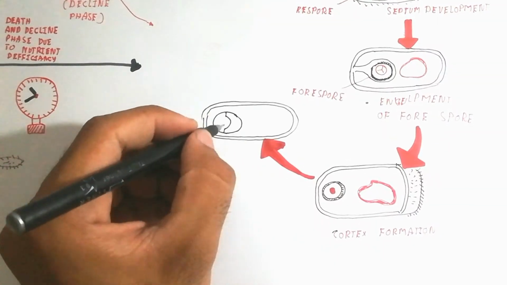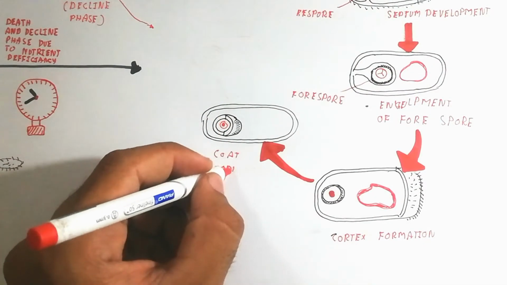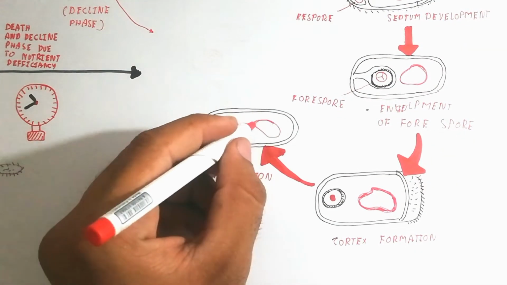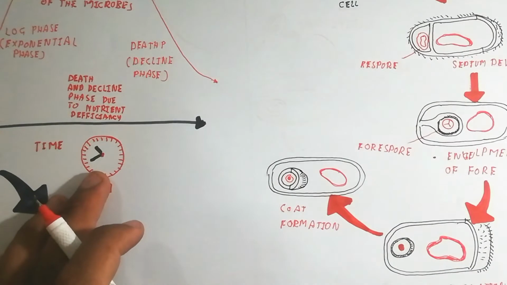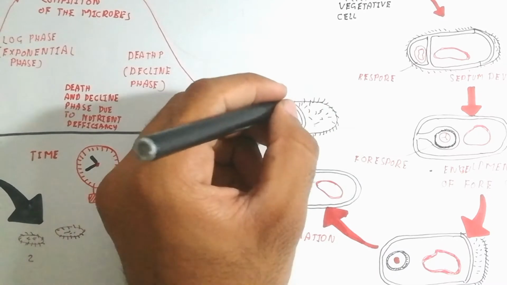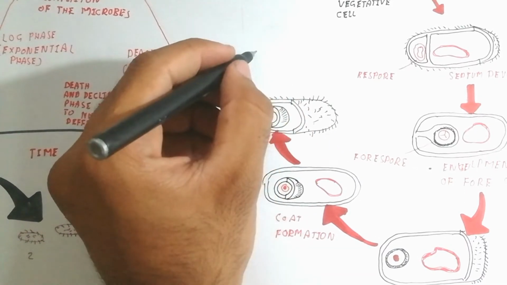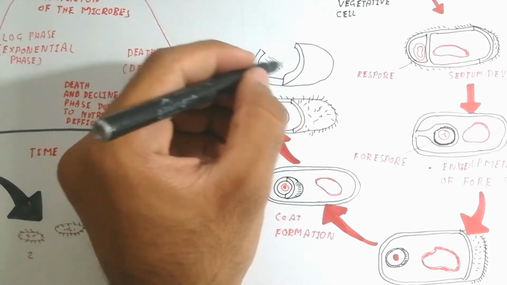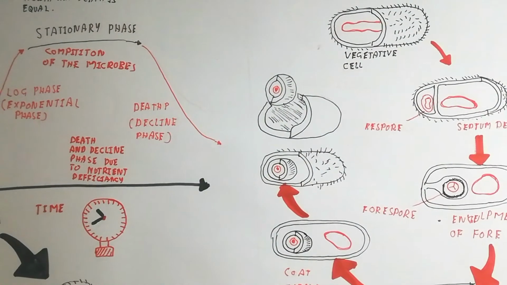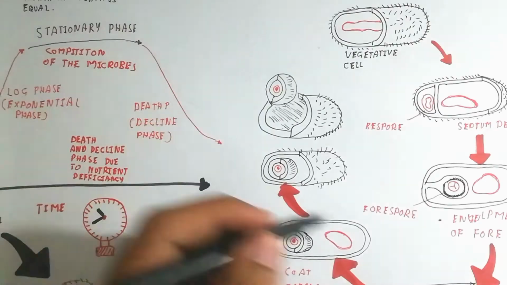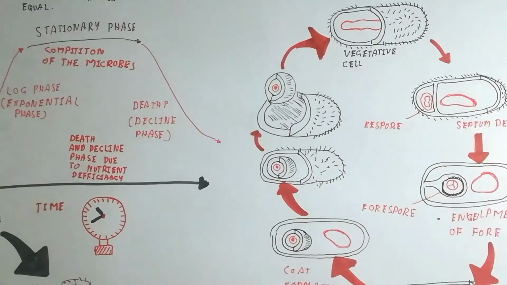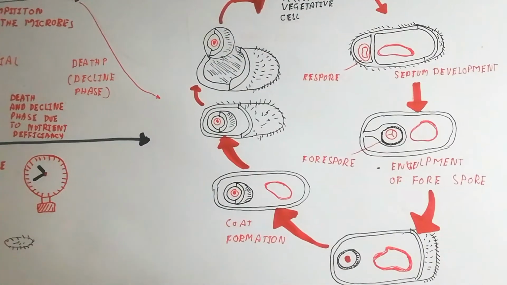The coat formation produces the thickness and hardness of the endospore, for resistance to desiccation and temperature. And another physical and physiological activity, for enzymes and different activities, is inhibited by the spores. So that is why the endospore is produced, and under favorable conditions it will begin to reproduce again. So you should understand that.